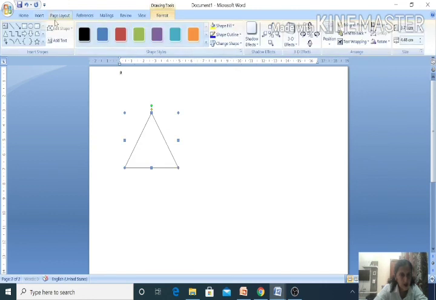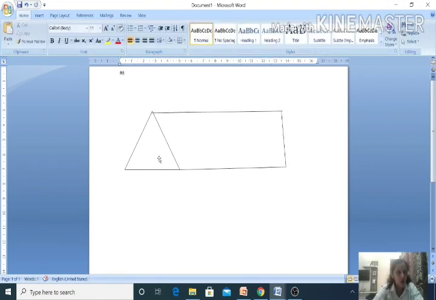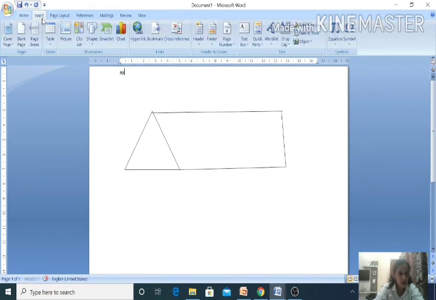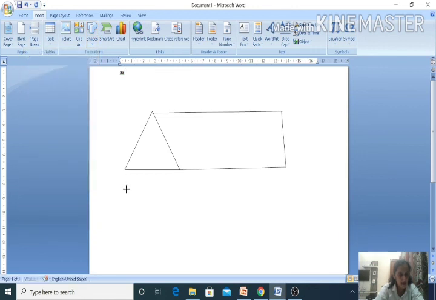If I want to make a hut, from here you can see I'm going to draw a hut for you. For this I have to simply take a line again, then I'll drag it here, then I'll place a line after this also. So like this you are able to insert any kind of shape into MS Word. So in this way you are able to create any kind of hut. You are able to insert any kind of shapes for making any kind of picture in MS Word.